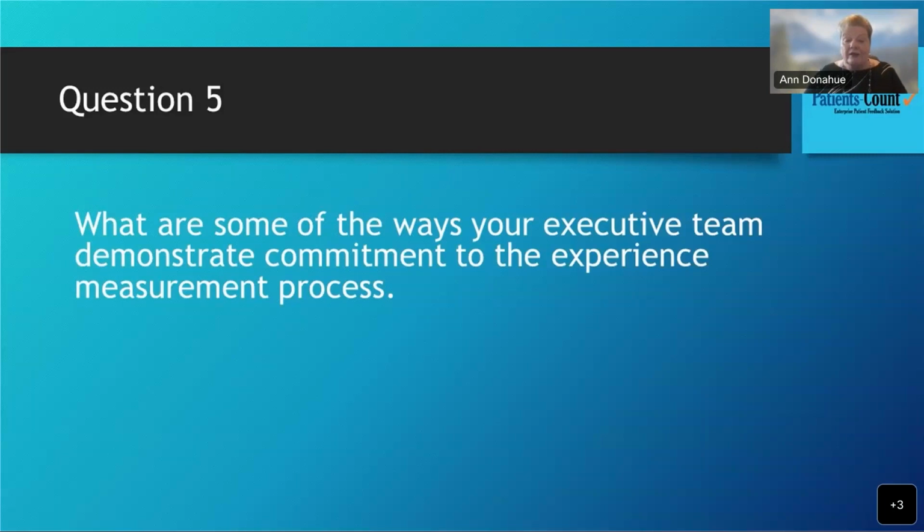And you have to have your ammunition. You have to have the data in front of you and say, this is not coming from me. This is coming from our patients, the people that we're here to service. So are we committed to responding to what their issues are or not? This is the conversation that I had to have with one of my GMs, a very strong person, who believed that, I don't need to change it. This is the way we do it. It's always been done this way.